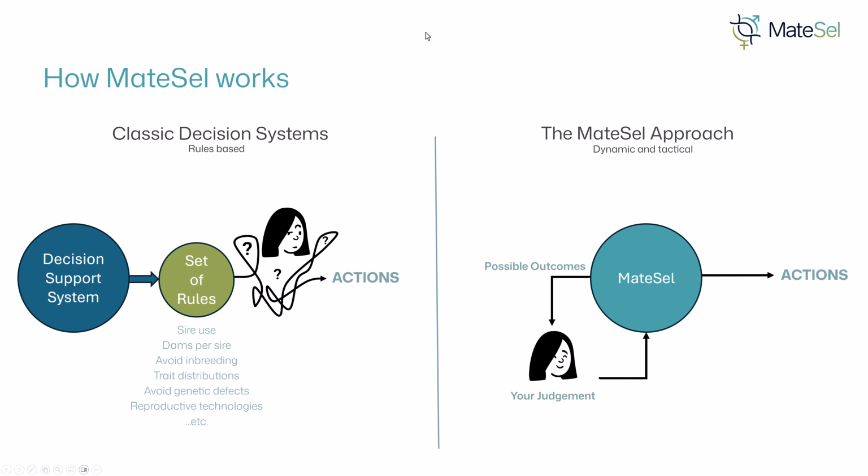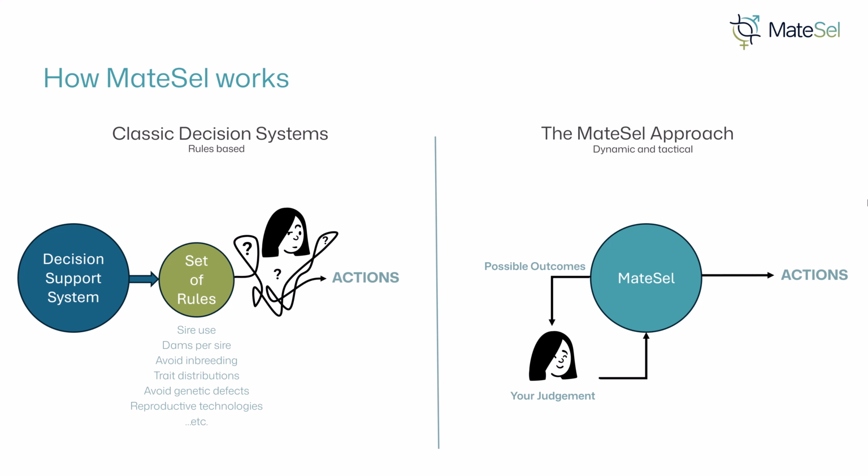The classic way of doing this is to use a decision support system to work out sets of rules across the different regions of importance in your breeding program. And the practitioner has to accommodate these different sets of rules, and sometimes they're quite antagonistic with each other. That means that there's a lot of judgment required in making these things work together to come up with a